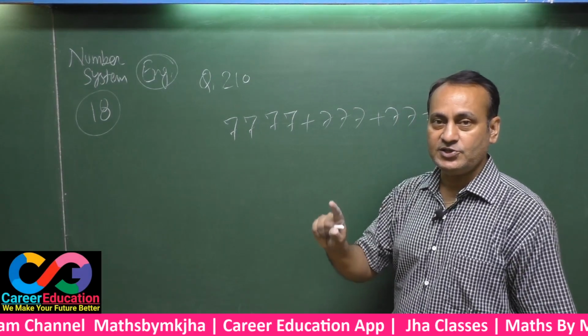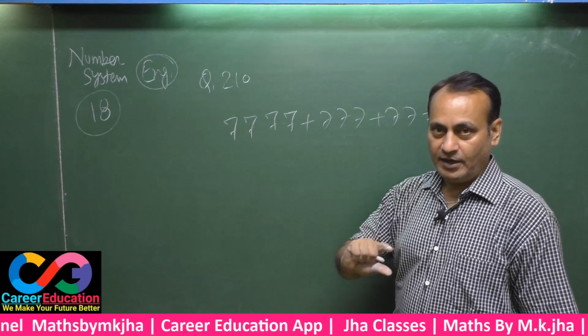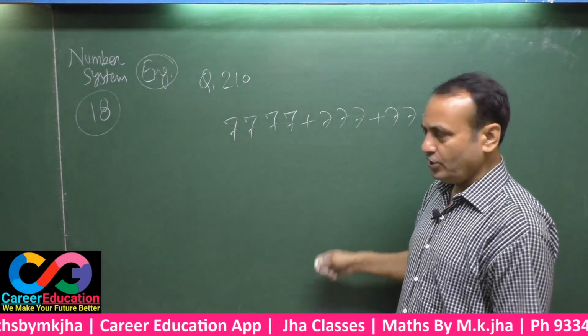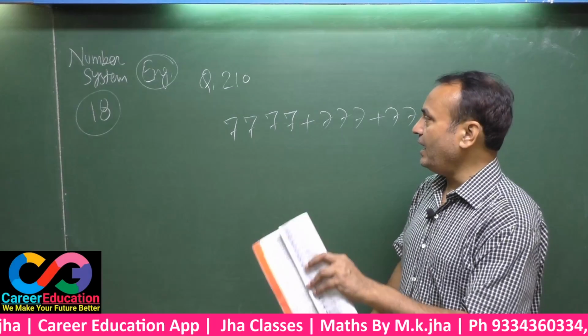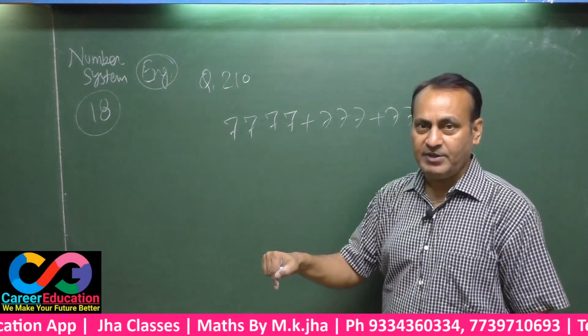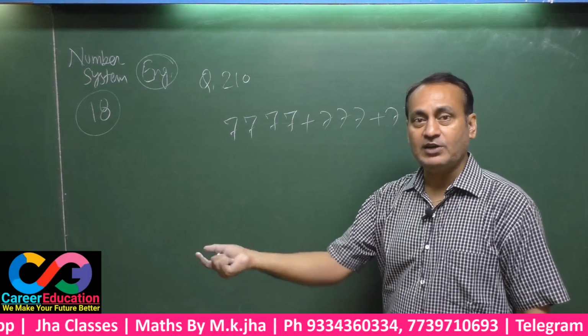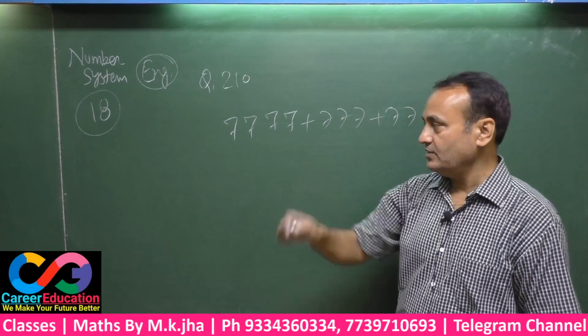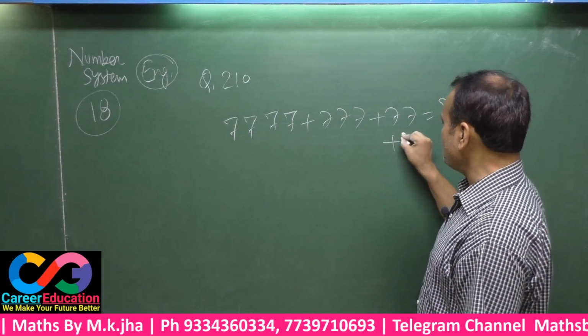That means the trick is not being applied here according to the rule. But I will be applying the same trick, and since the 7 plus is disturbing the application of your trick, that must be taken out at the last. That means here, had there been 7 plus also,